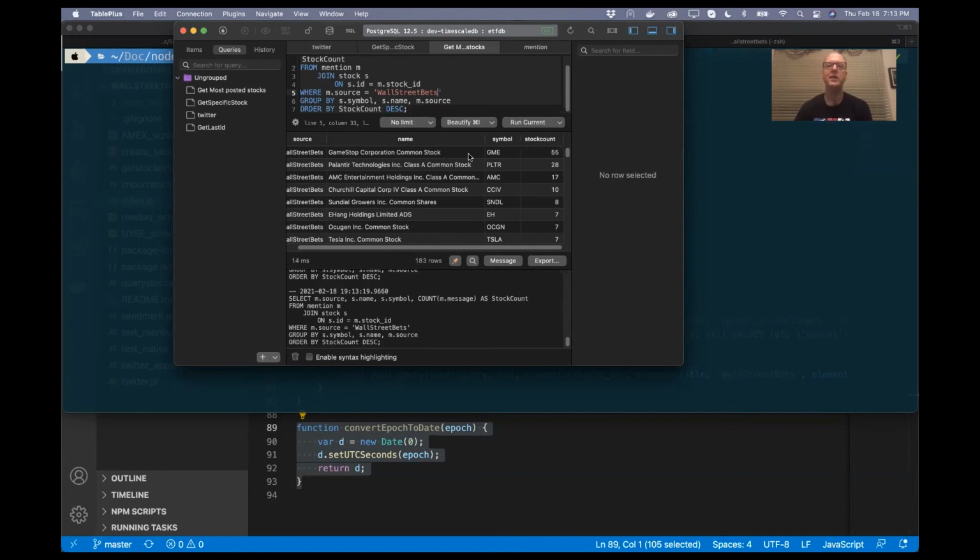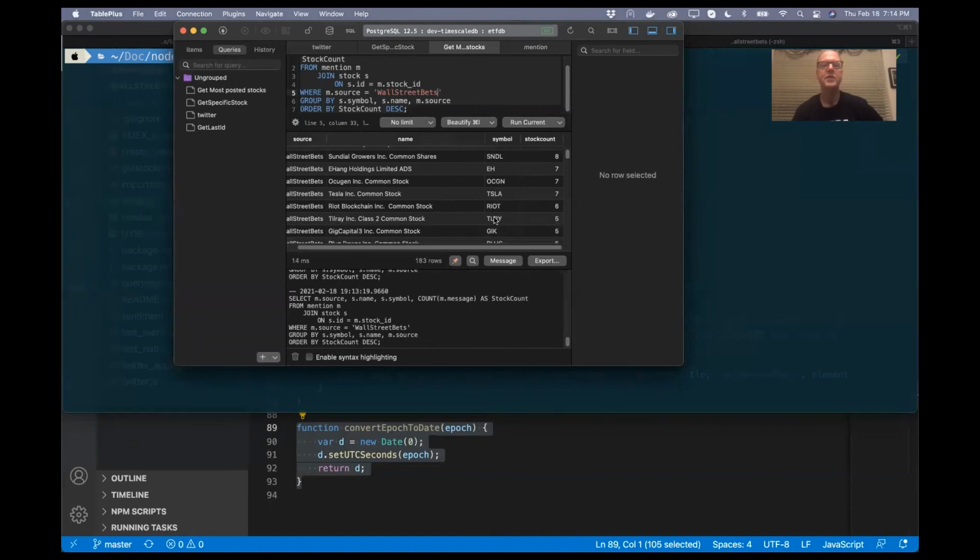But if you look at the count of posts, there's a bunch of stuff on here about Palantir. There's a bunch of stuff on AMC, CCIV, Sundial. A lot of these are growth stocks. These are basically stocks for companies that make agricultural products for helping you grow certain types of weeds. I won't say which one. And there's some other funds. Tesla's in here as well. Riot's been getting a lot of attention lately. I think they fell today, but they've been going up steadily for a while.